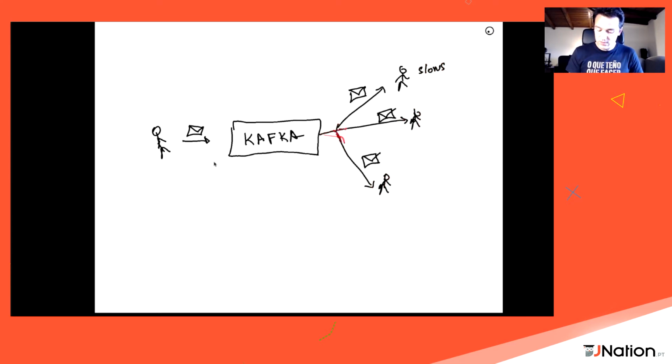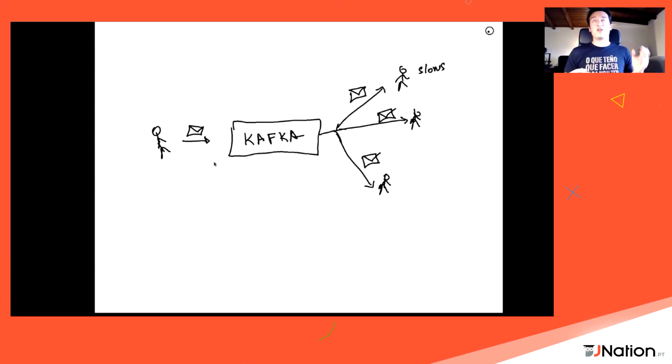So the first benefit of Kafka compared with other systems like MQs and so on is the ability to decouple the consumers and the producers, but also the consumers between themselves. So if we have a consumer which is slow, having problems or whatever, the other consumers don't care about it, because Kafka is able to make them independent.